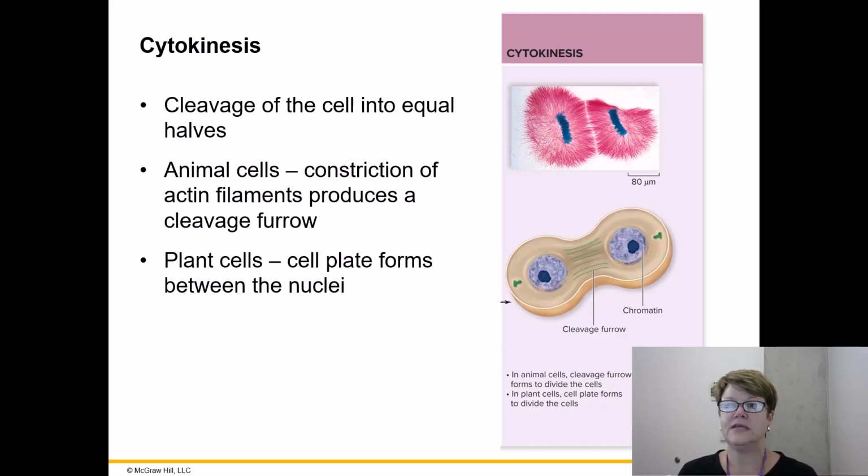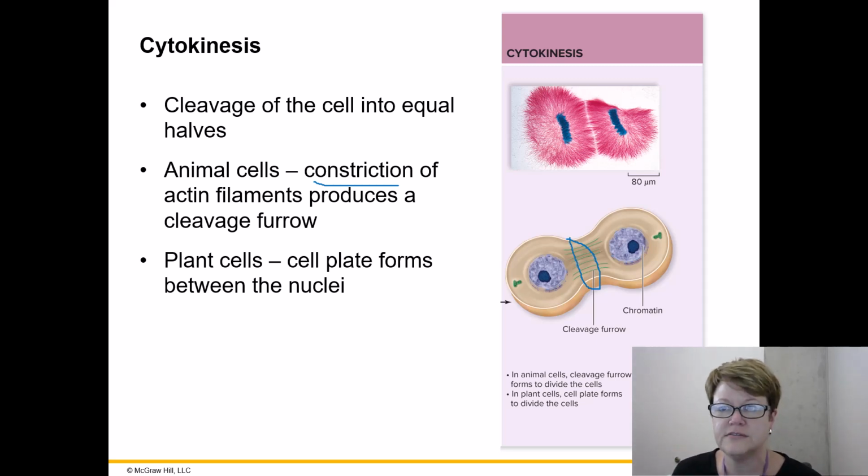And then, for a brief moment, you have one cell with two nuclei, but then the cytoplasm is going to separate, and you'll end up with two completely separate cells. And that event is called cytokinesis. So cytokinesis, in animals, is simply a constriction, which is a tightening of a ring of actin filaments right under the membrane that tightens like a drawstring, and it pinches the one cell into two. So that's what they're showing here, this tightening around the center here, and it keeps tightening and tightening until